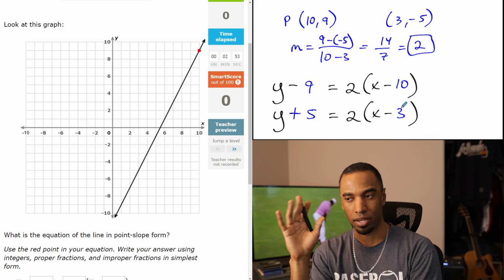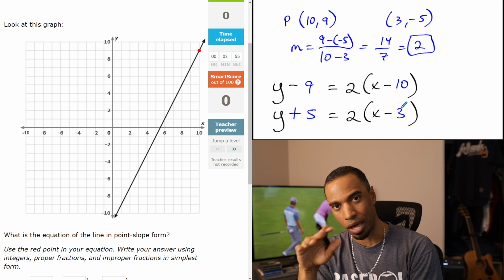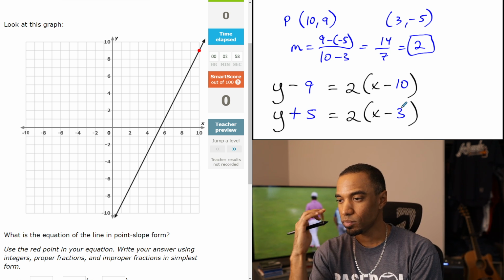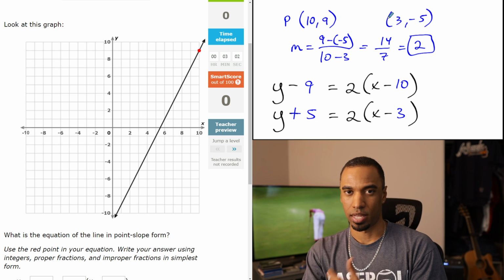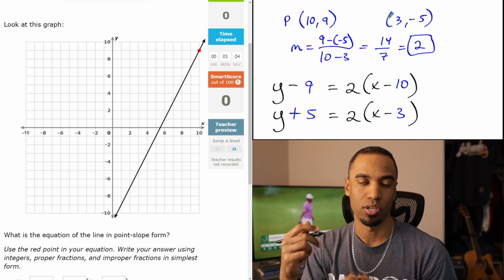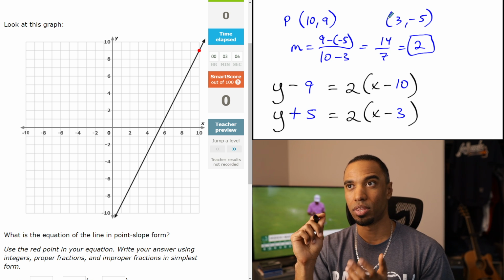They make the exact same line. You just start at a different reference point and you climb, rise 1, run 1. You keep going there. But yeah, you have to find another point within it. I know they kind of give you one of them. You still have to find another. If all they gave you